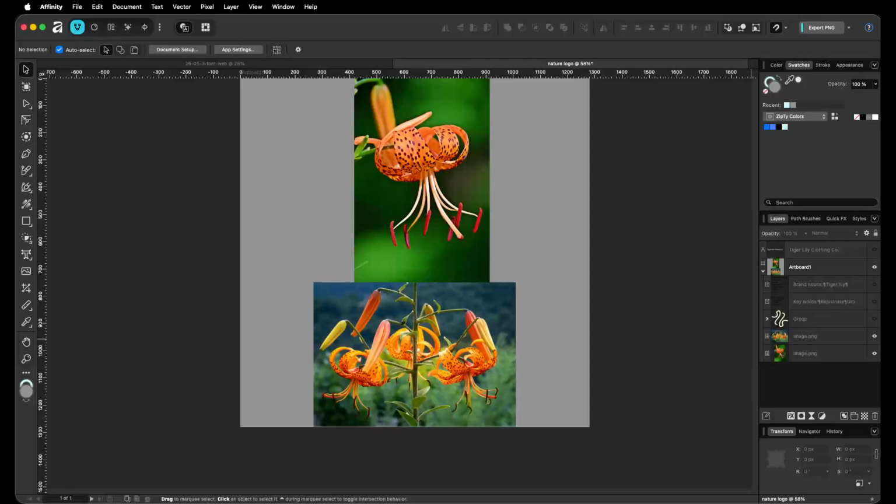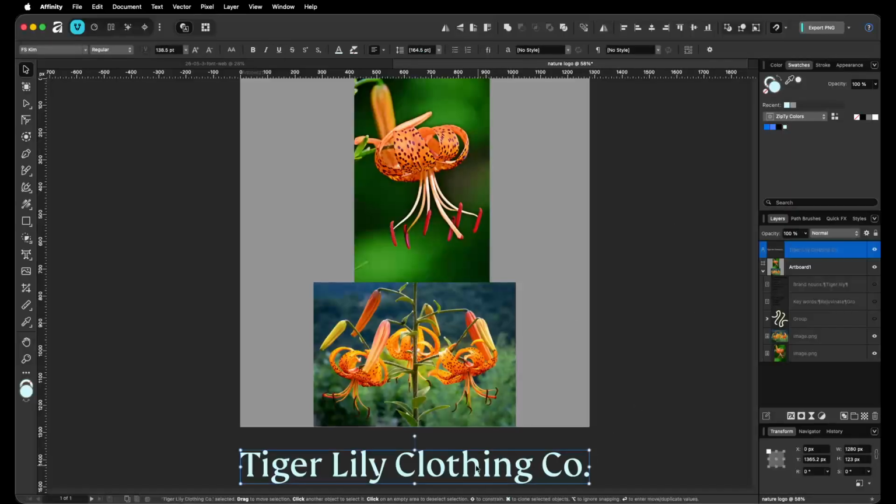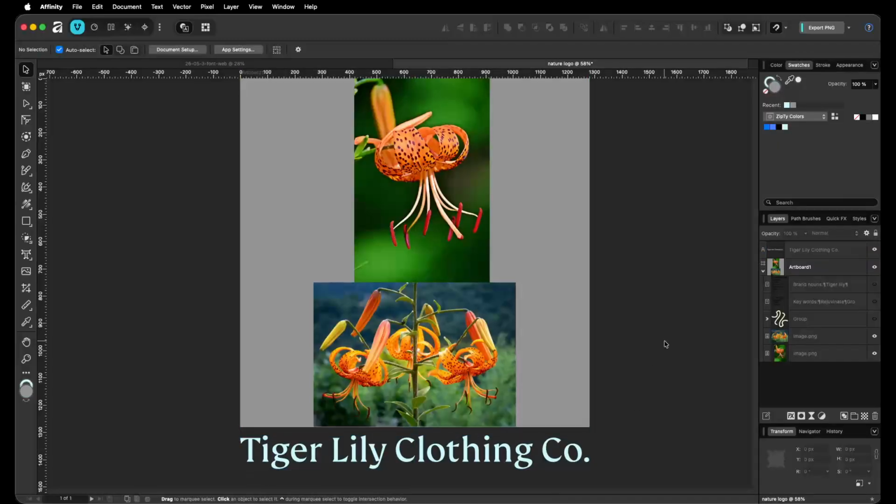Today I'm going to show you my logo design process using nature as inspiration. For this design, I'm going to be creating a fake company called Tiger Lily Clothing Co. Now, why did I pick such a long name? Because I want it to be obvious that this is not a real company. Most companies don't have long names like this, and anyways, it's a fake brand that I'm going to be designing